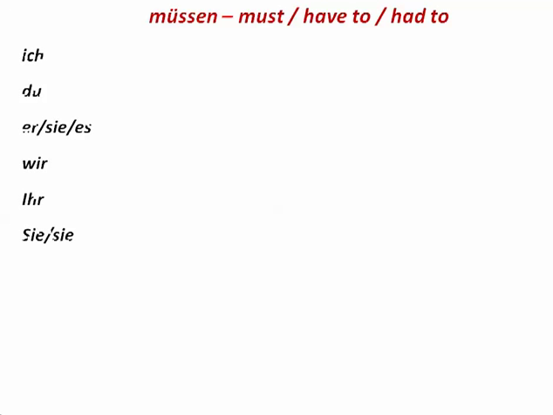Okay, so moving on. Our next verb is müssen. It means must or have to or had to. So present tense: ich muss, du musst, er muss, wir müssen, ihr müsst, sie müssen. And you'll notice that the umlauts that exist in the infinitive come back in the last three forms of the conjugation of the verb in the present tense. Well, they are not there in the first three conjugations in the present tense.